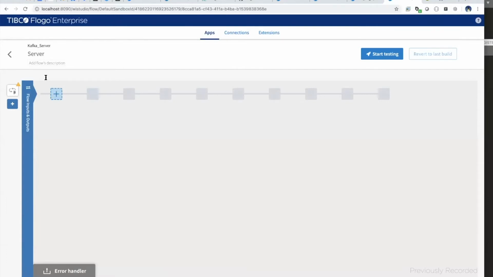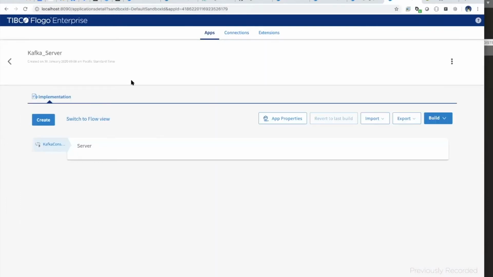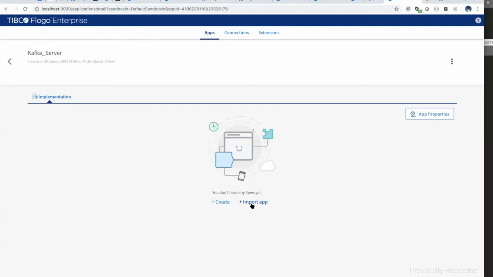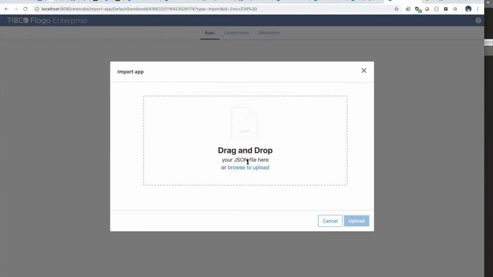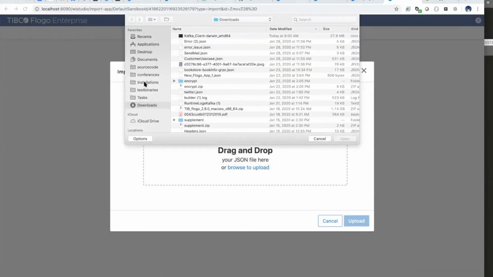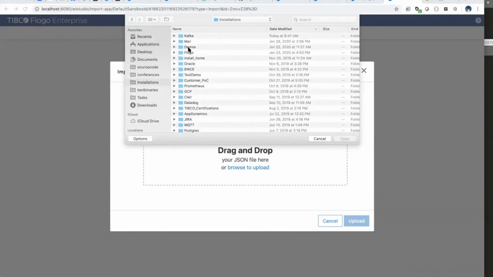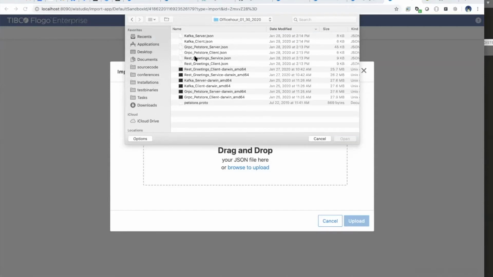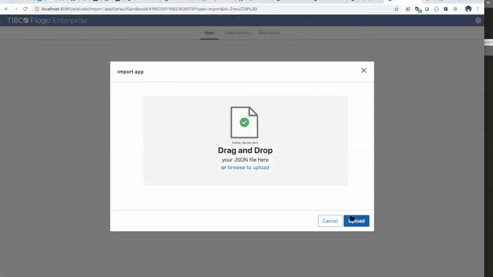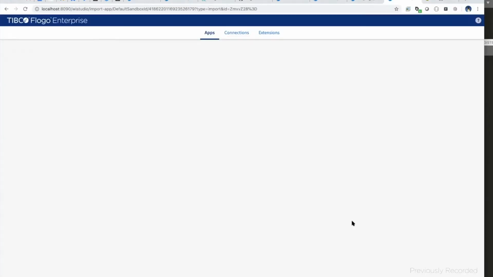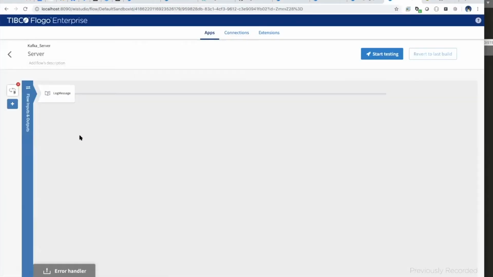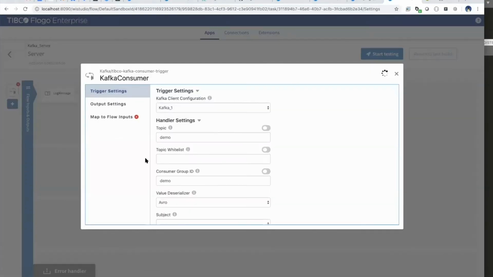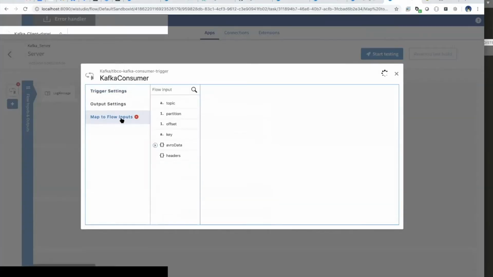The same thing on the client side. Because I already have the same application built, I will just import that. I have the one which is Kafka server. This application is already pre-built, so let me see what it has.